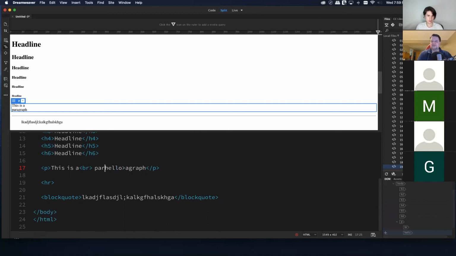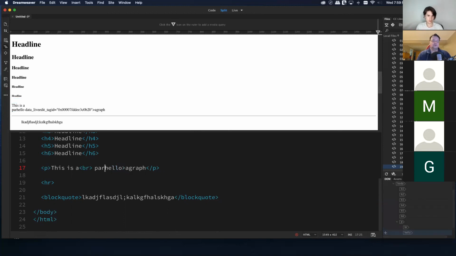I can use one of the special characters, and they always start with the ampersand sign. If you have a number, you have the hashtag and the number, and then you close it with the semicolon. Some of them are also words or abbreviations like amp, for example, and then the semicolon. So for ampersand,